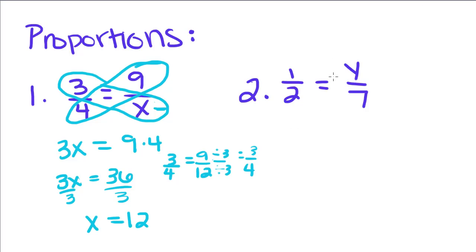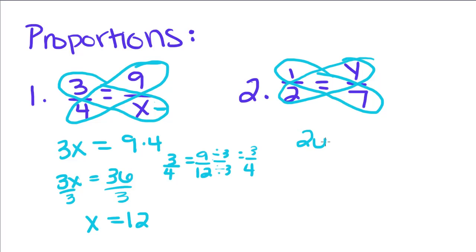So we're going to do the same thing for this one. We're going to do 1 times 7 equals 2 times y. So 2y is equal to 1 times 7, which is just 7. We divide both sides by 2. We get y is equal to 7/2. So if we plug this back in, we get 1/2 is equal to 7/2